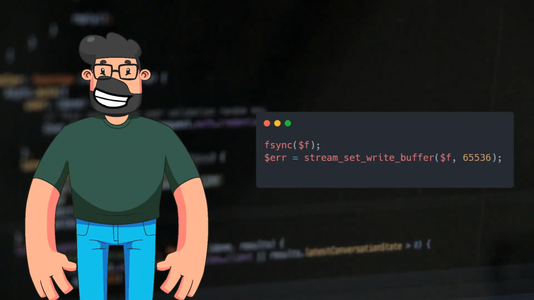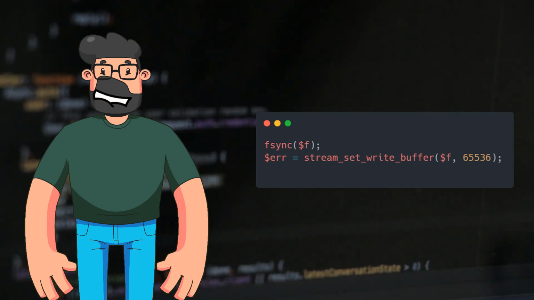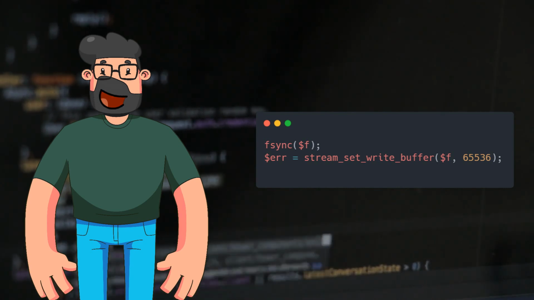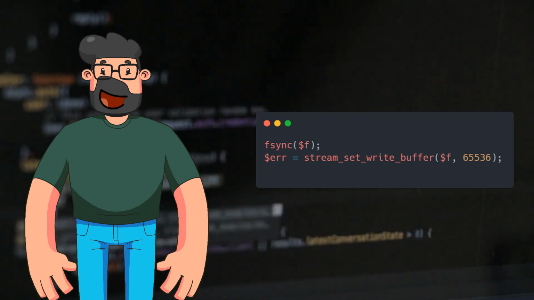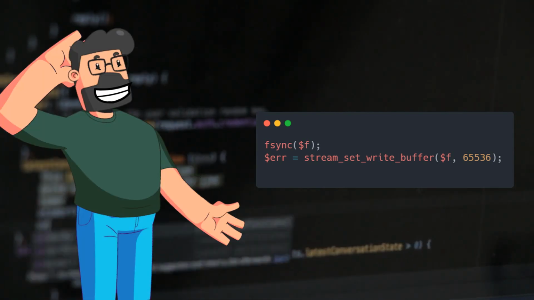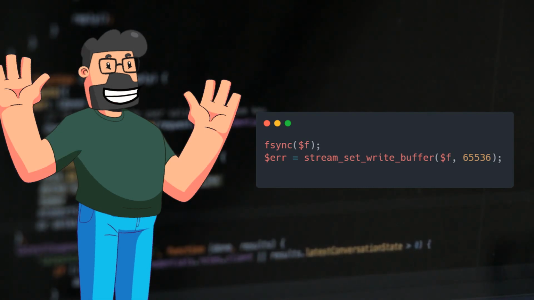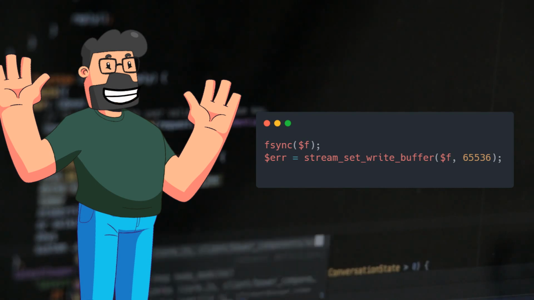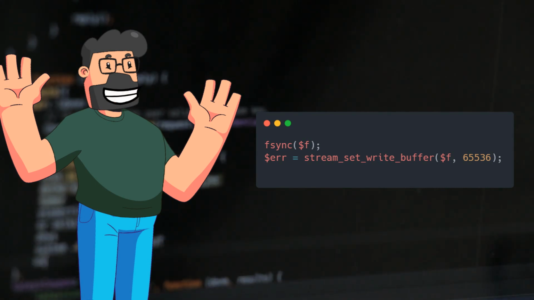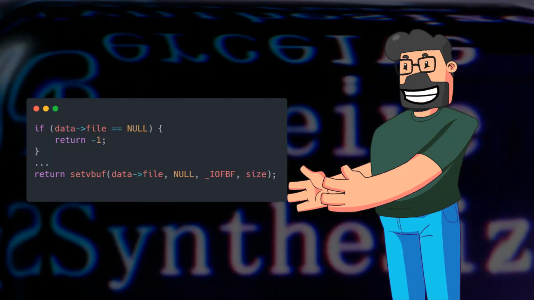The workaround involves using fsync $f, and then attempting to set the desired buffer size with stream_set_write_buffer $f 65536. This combination helps bypass the limitations faced earlier and allows for a potential resolution to the problem at hand. Taking a deeper look into why the initial solution failed sheds light on the inner workings of